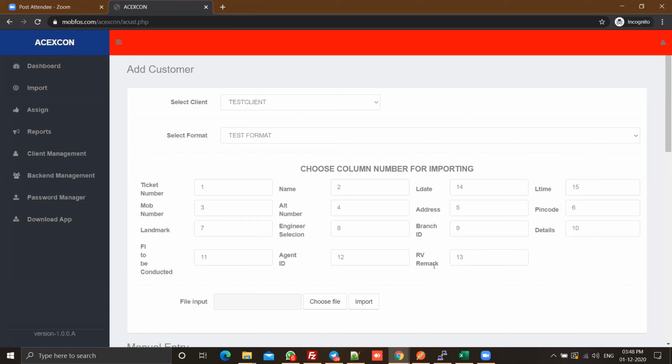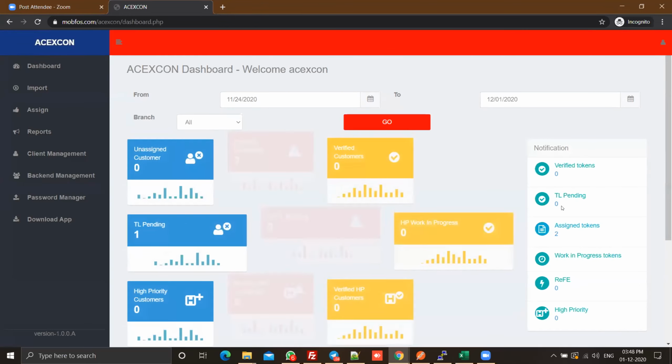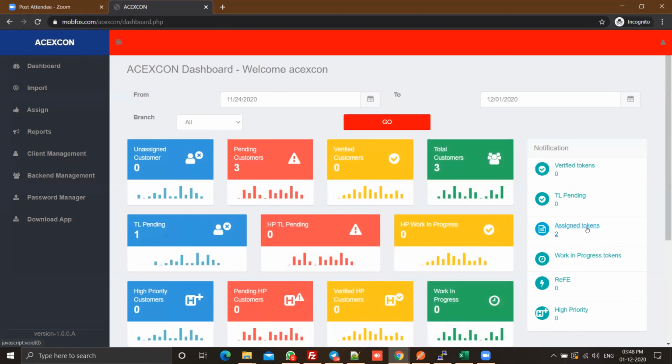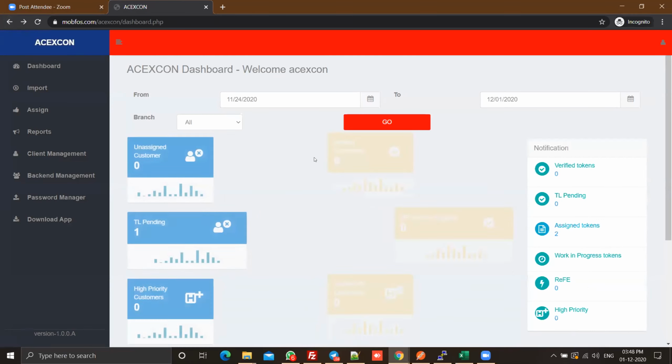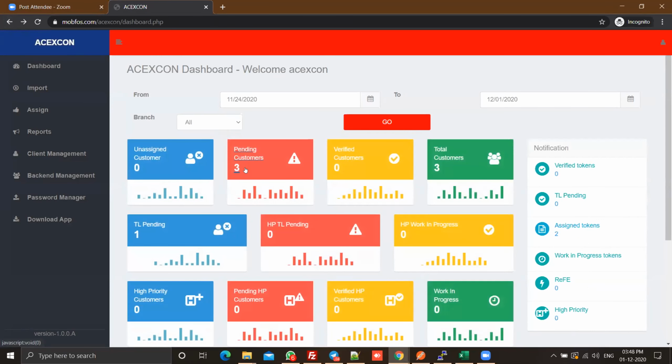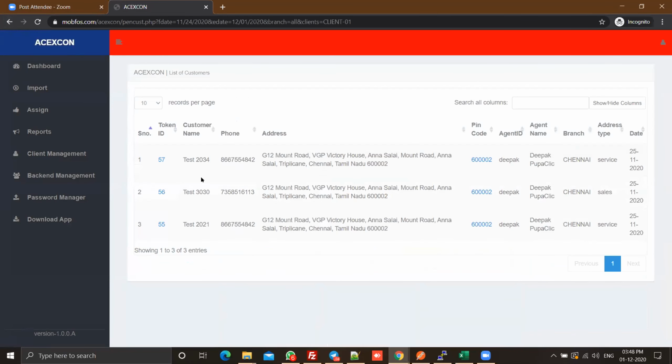Okay. So here we have 2 assigned tokens for today. You can see that. Other than the one that was originally there, these 2 were imported today.